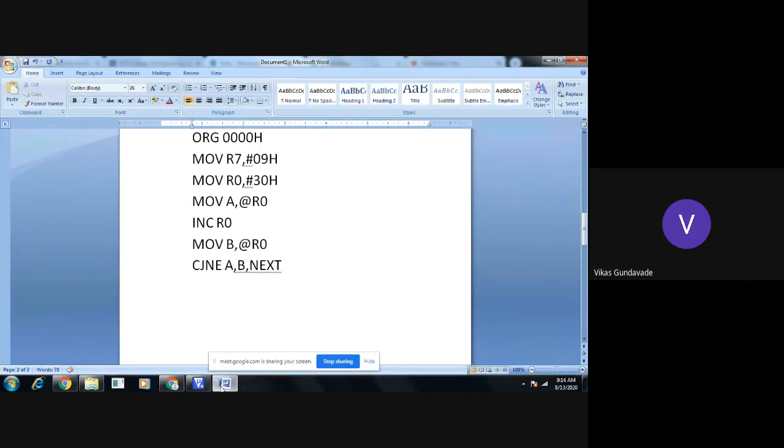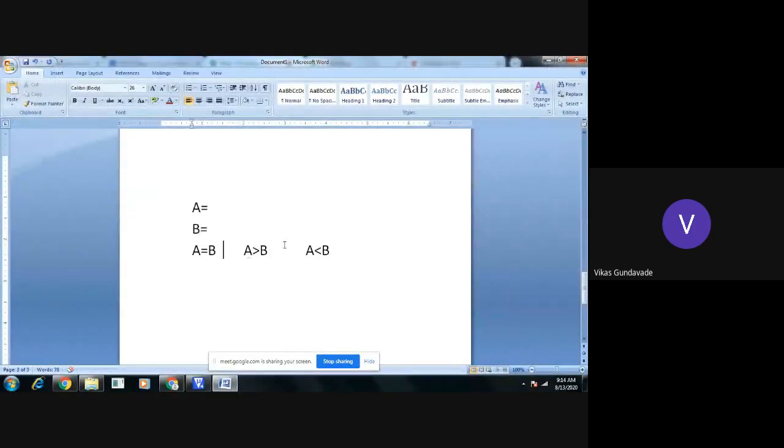The second condition is, if A is greater than B, then also we need not change the accumulator. But if A is less than B, we need to transfer the contents from the B register into the accumulator. So this will be the case.